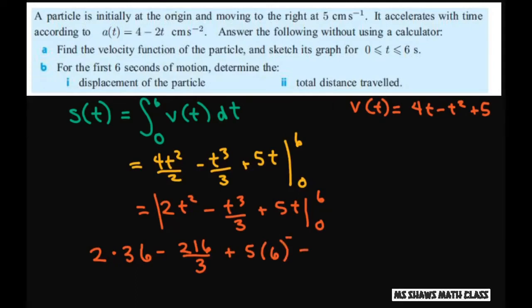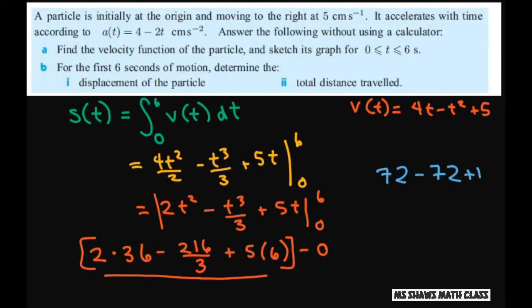Now, when you subtract the 0 part, when you plug in 0 and all that, that's just going to give you 0. So the only thing we have to do is this part, and this is just going to give you 72 minus 72 plus 15, and that's going to equal,